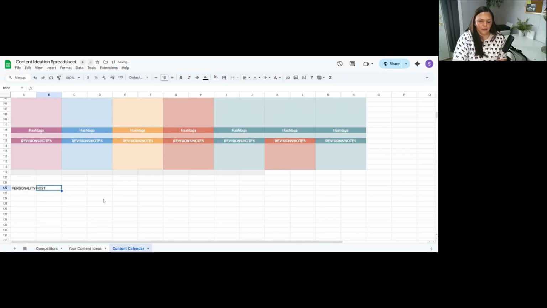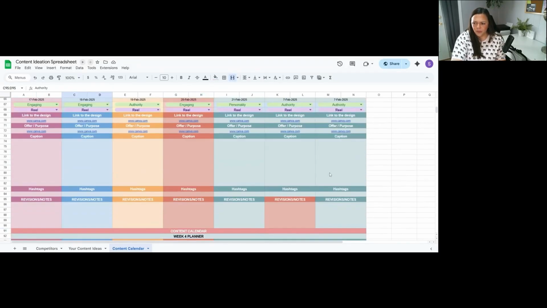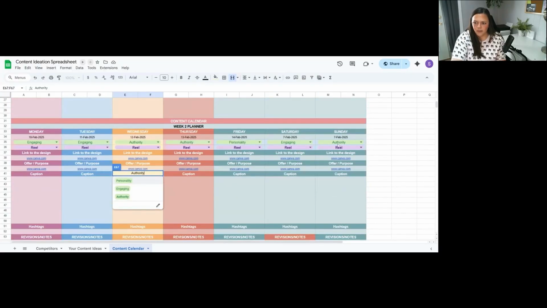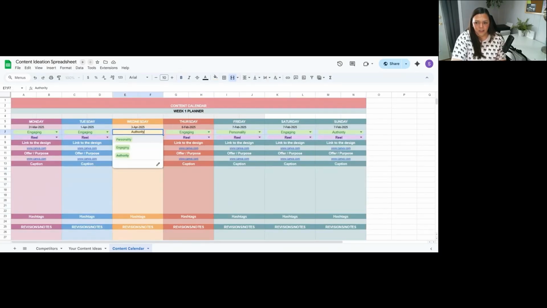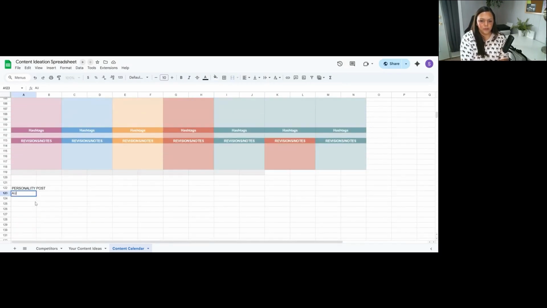for the next calendar. And then let's count up the authority. We've got 1, 2, 3, 4, 5, 6, 7, 8, 9, 10, 11. So we're still short on 1 authority post. So that'll make up for the 2 posts that we are missing because we have 28, we need 30. So we need an authority post.